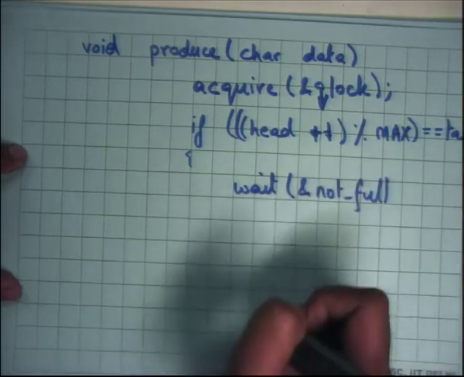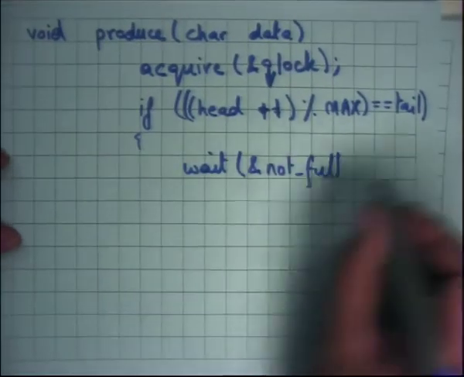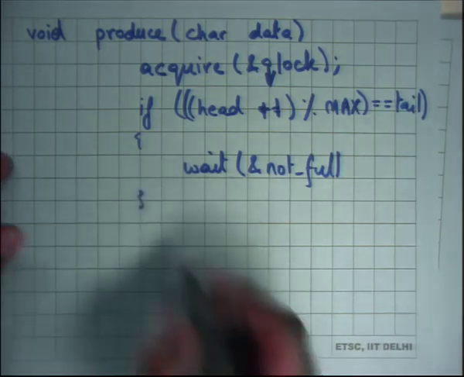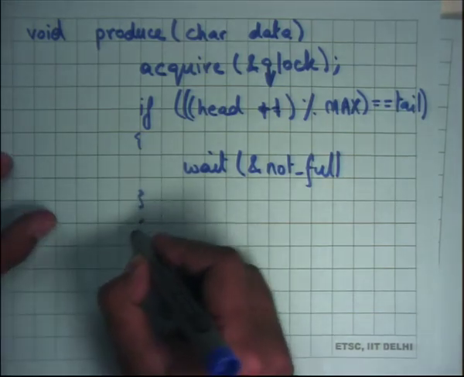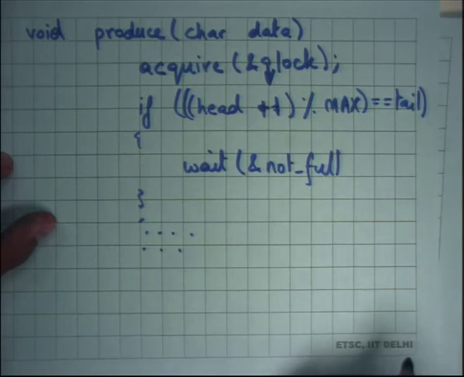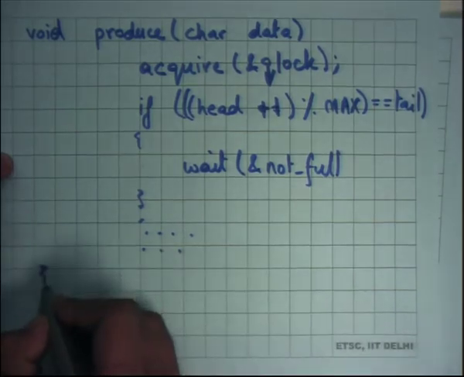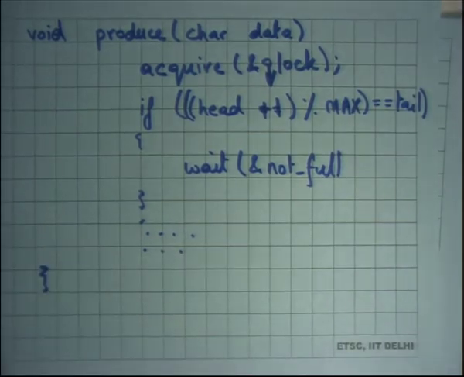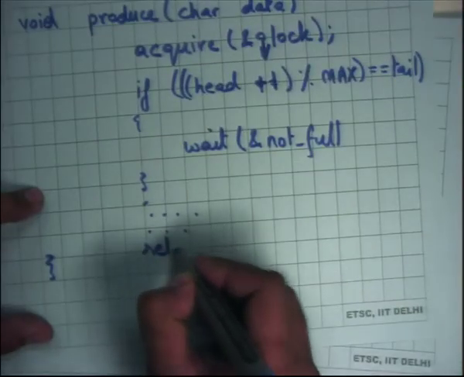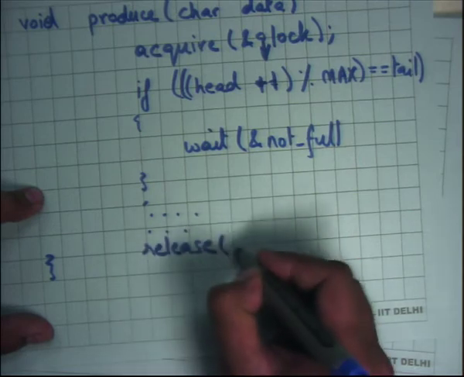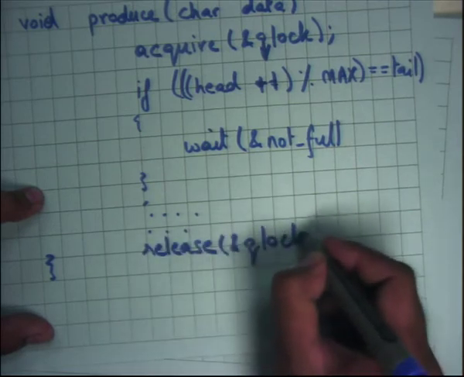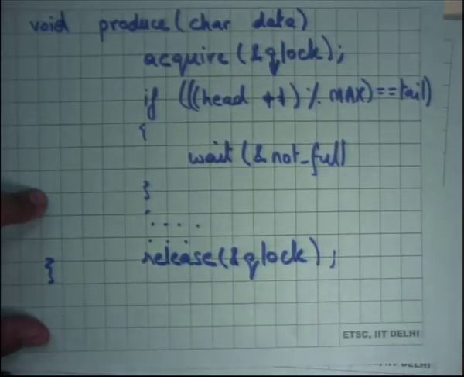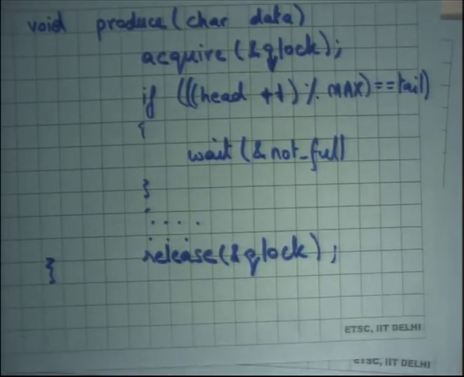right, and I am going to leave it empty because I am going to say something else later. Then I am going to say whatever was the earlier code, which is to produce something, and then I return. So, that is my produce code, and of course I release the lock here. Right, I acquire the lock, I do some operations, if the operations require me to wait, I wait, and then I get notified and then I release the lock.